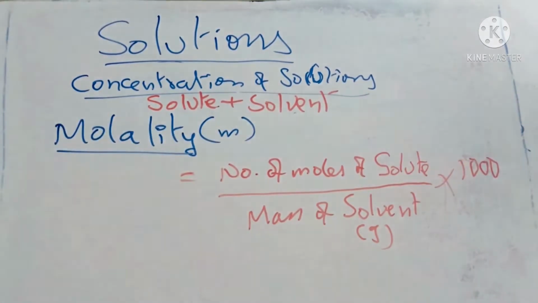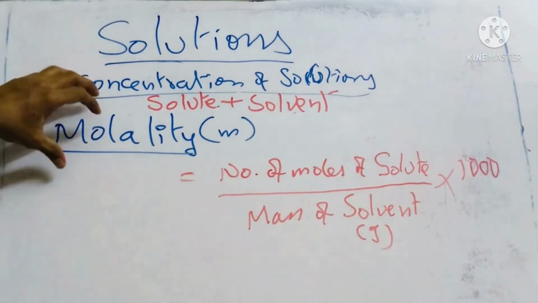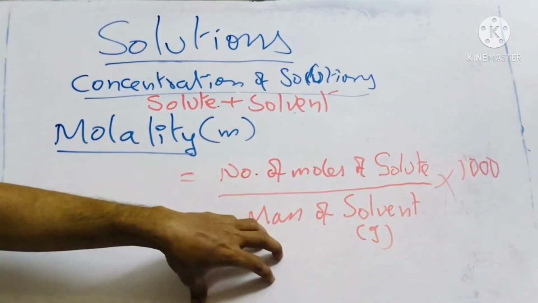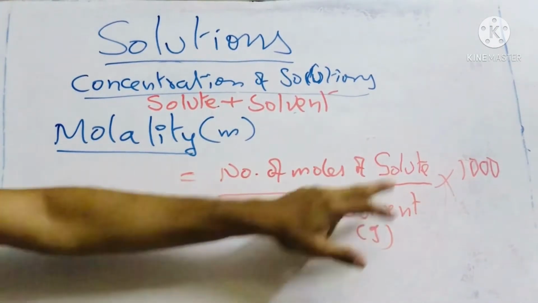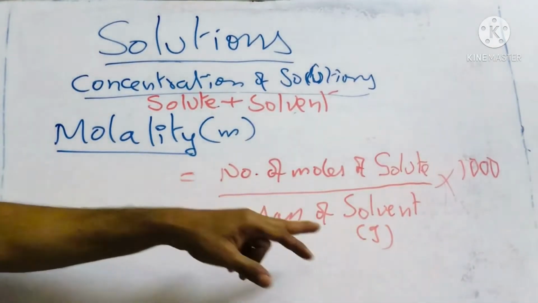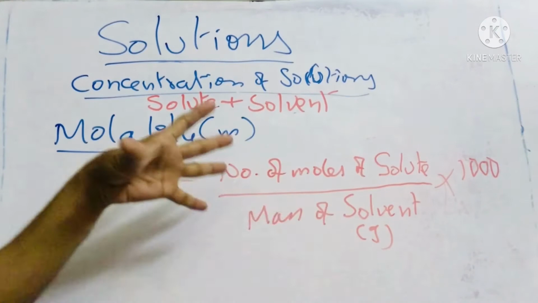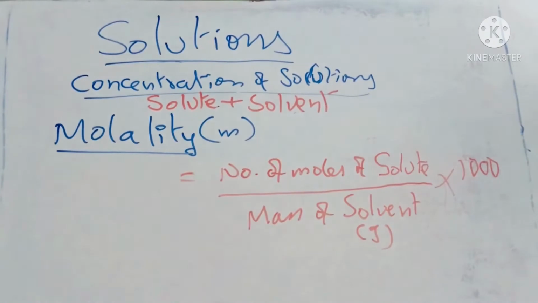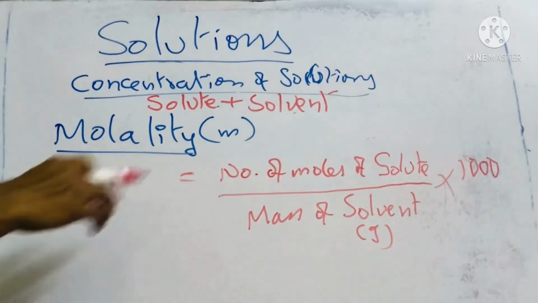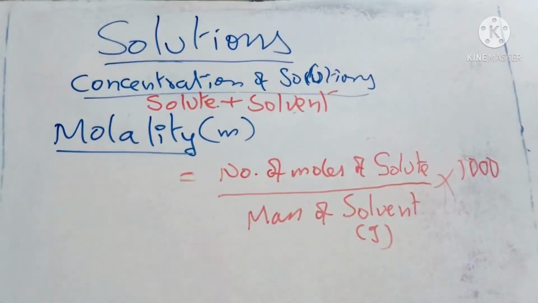That's about molality. Now we are telling everything in weight, correct? So whenever molality comes, you take the denominator in kilograms of mass. Mass of solvent, if you are taking it in kilograms, you omit the 1000. If you are taking it in grams, you include the 1000. Better to remember this, because in most examples you will be given the mass of the solvent in grams, since it is a smaller quantity. So the number of moles of solute per mass of solvent multiplied by 1000 gives you the molality.